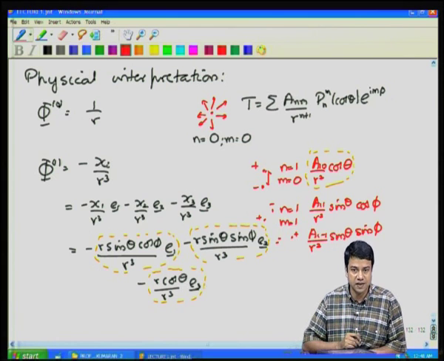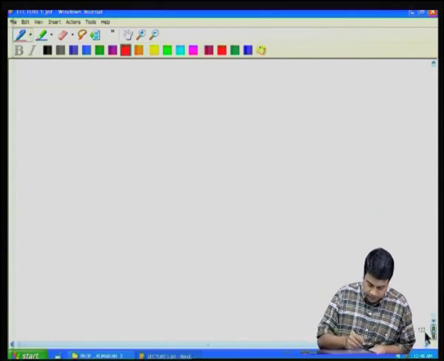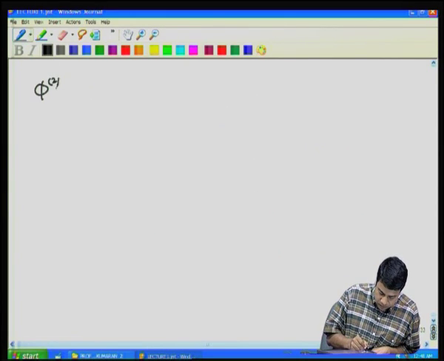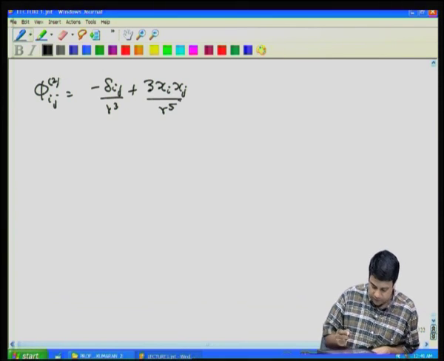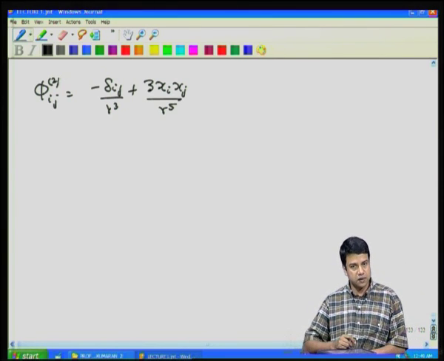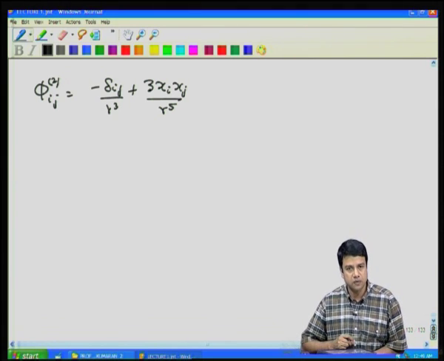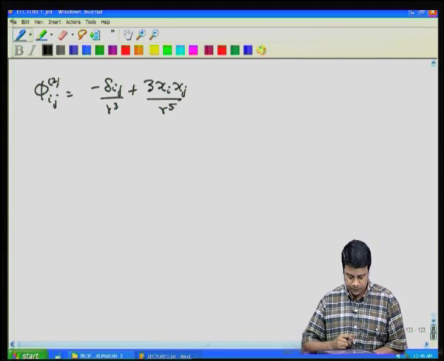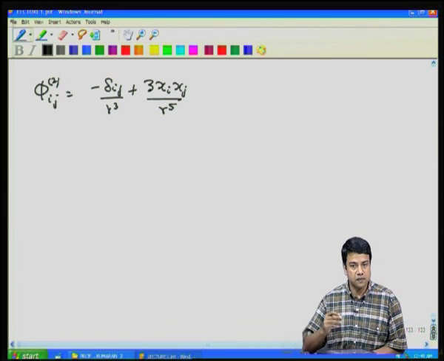The same thing can be shown for the next higher order term in the expansion. Okay. Phi 2 i j is equal to minus delta i j by r cubed plus 3 x i x j by r power 5. Okay. This is a second order tensor, and therefore, it has a total of 9 components. However, it is also symmetric. If I interchange i and j, I should get exactly the same result, because if you recall, I took this by taking gradient of the fundamental solution